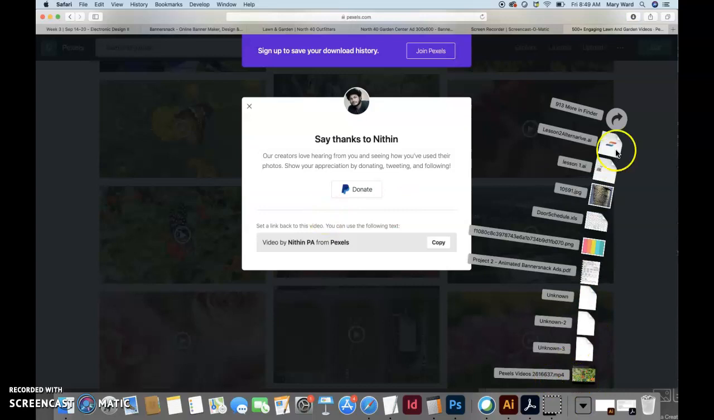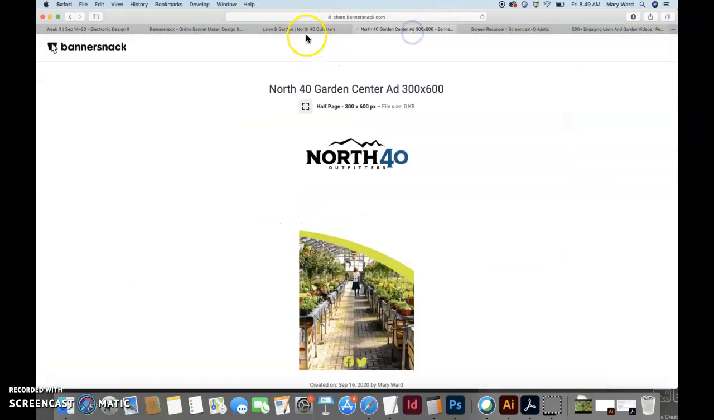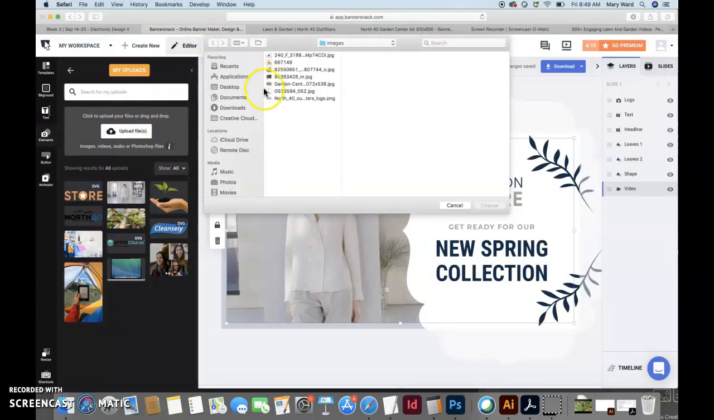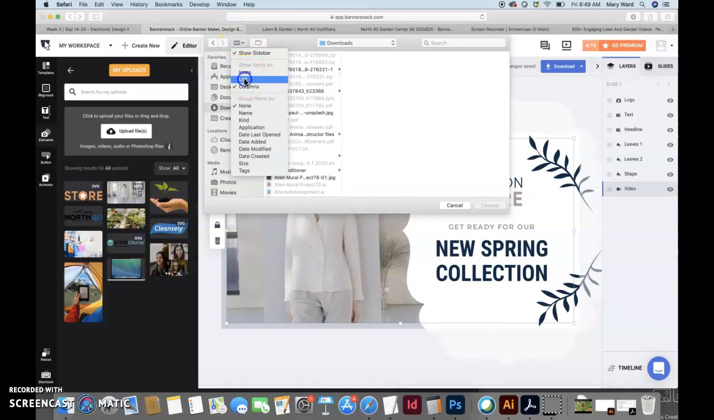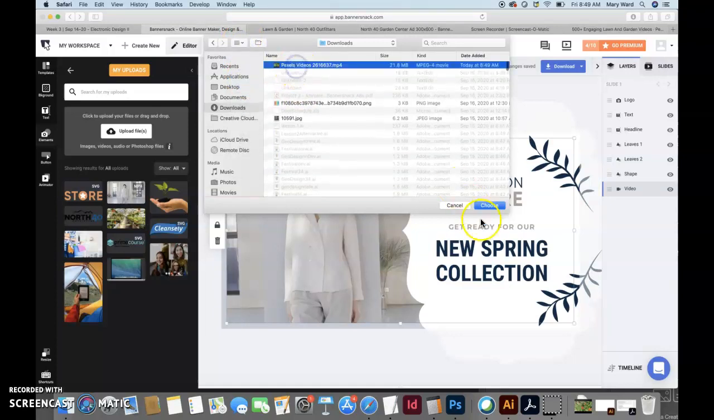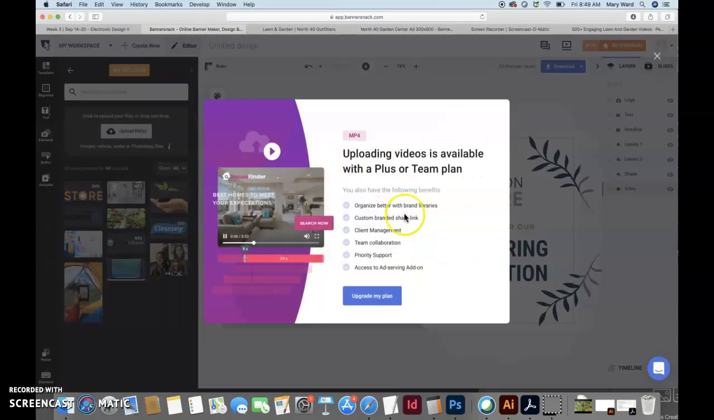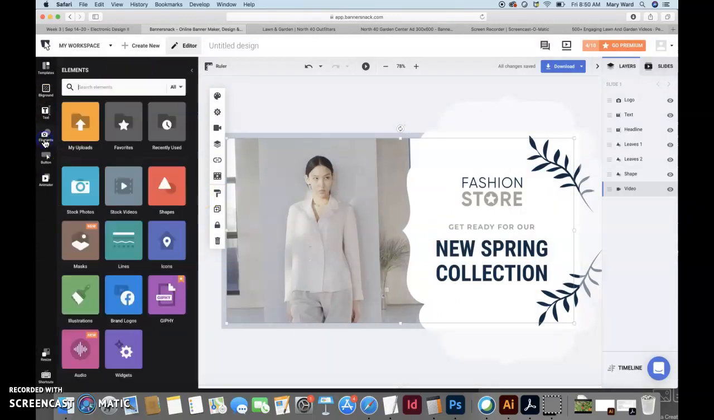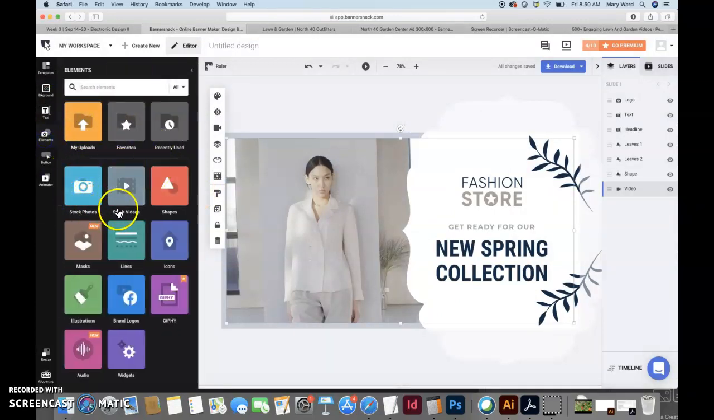I think it's an MP4 file, which is good, but I am not sure if the free version of Bannersnack will even let me upload it. So for my downloads, why is this? Oh, I need to put it in list. Okay, well, it's looking like it might let me do it. Plus or team plan, so I guess I can't do that. Just like I thought. So we'll go into videos